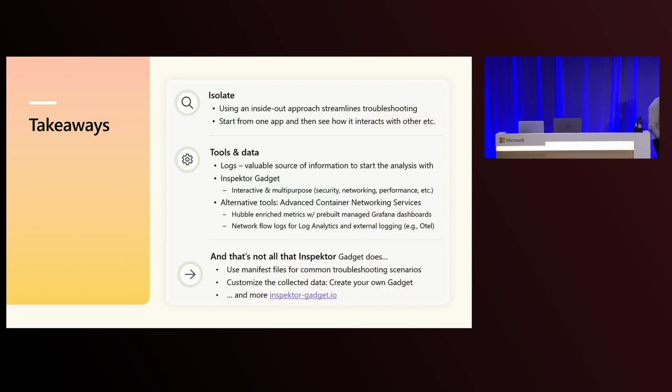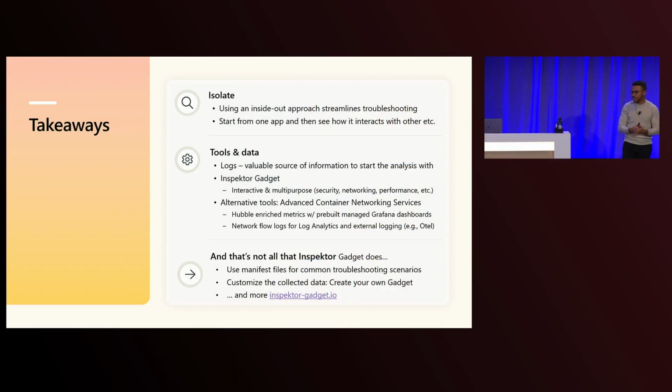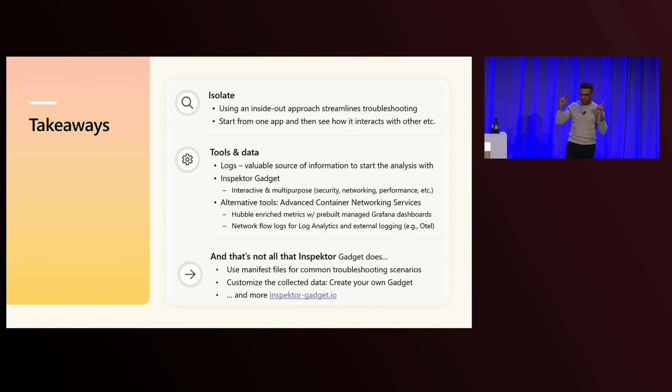So some takeaways from those two demos. First, remember what we did. We divided our environment. We focused on the entry point, then checked the logs, then all the communication with the other components. Then if one is broken, we focus on that part and continue in that way. For the tools and data, the logs are a pretty good point to start the analysis. But then once you know, okay, this is a connection error or this is a DNS error, let's dive in using a dedicated tool like Inspector Gadget.